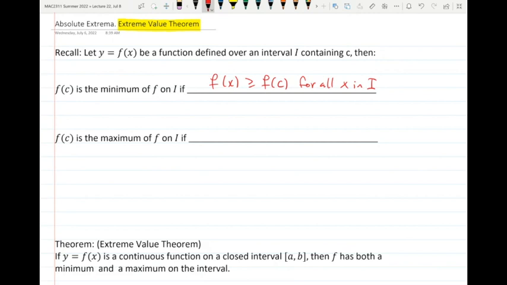Similarly, we say that f of c is the maximum of f on I if f of x is less than or equal to f of c for all x in I. Okay, so the value of the function at c is the highest possible value that you can obtain inside that interval. That's what it means to be a minimum or a maximum on an interval. And so what's an absolute minimum or absolute maximum? Well, when we can take this interval I to be the entire domain. So if I equals the domain of the function,